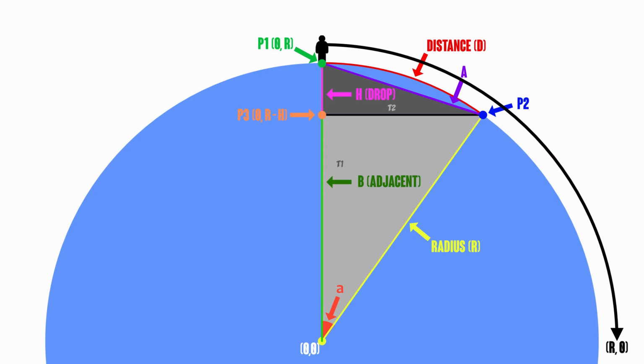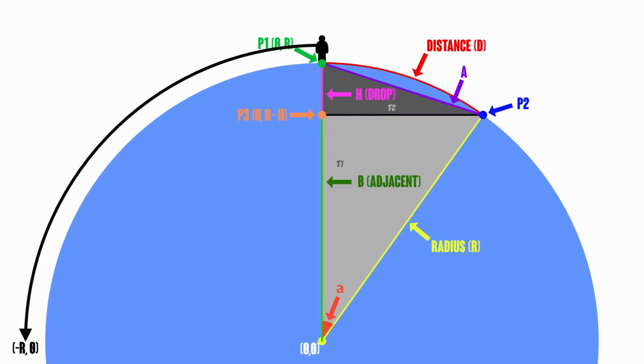For data range, well, imagine you are at P1. Now, if you travel 1/4 of the circumference towards screen right, as you're approaching the full distance, your x would approach the value of radius and y would be approaching 0. If you travel towards screen left, your x would approach negative value of radius. So we will use a data range of negative radius to positive radius in miles with 1 mile increment. Please keep this in mind.